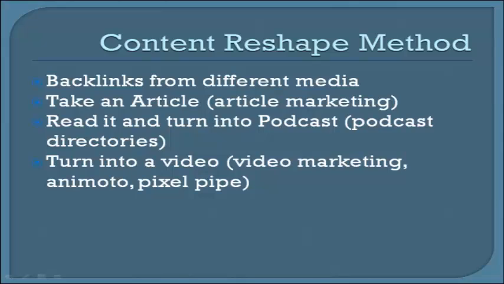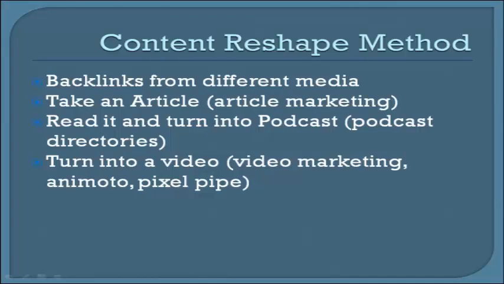Turn that same article or that same audio clip into a video. You've got the audio file, now you've got to make the visual part. So you can take the article and split it up into sections. For example, like I said, the top 5 reasons to train your dog for potty training, or the 5 ways to do this. You could take those 5 ways, split them up, and turn them into a video. So you could do video marketing.